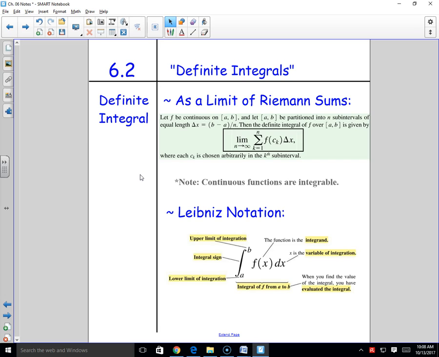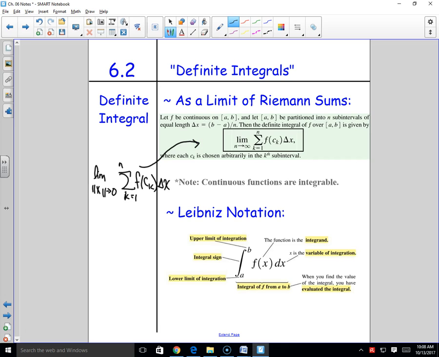The other way of writing the definition is one that I think we kind of saw briefly last year. It might show up again this year. I think it's a little bit further on in the chapter, I just don't remember. You could also say the limit as the norm of the partition, x approaches 0, of the sum from k equals 1 to n of f of c sub k delta x. That's another way of doing it, because this one you're saying the partitions or the bases are